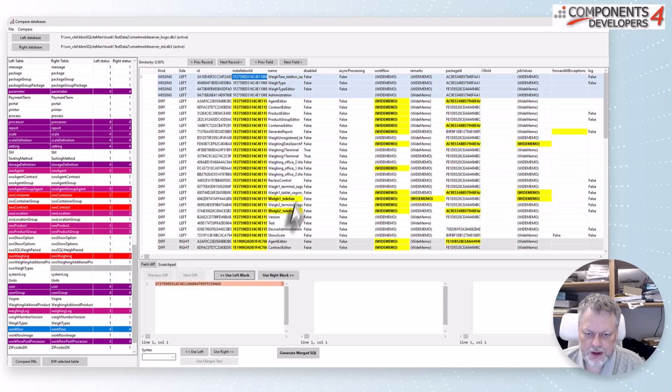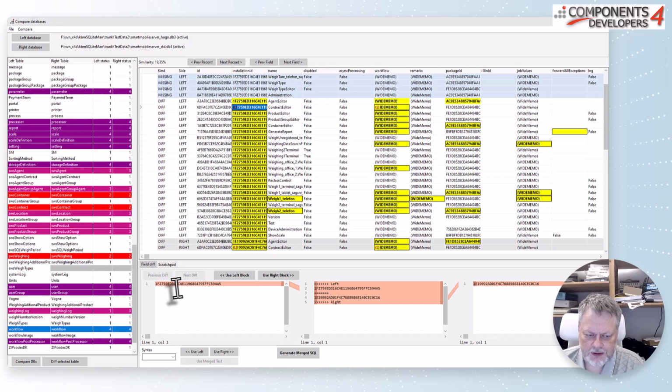Well, then let's try to look at something where there are differences in the fields. We have an installation ID, for example, here on the left table. For that particular record, the value is what we see down here, and on the right it's that value over here. So they have different values. This case is not so surprising because it's two different databases containing two different installations for some customers.